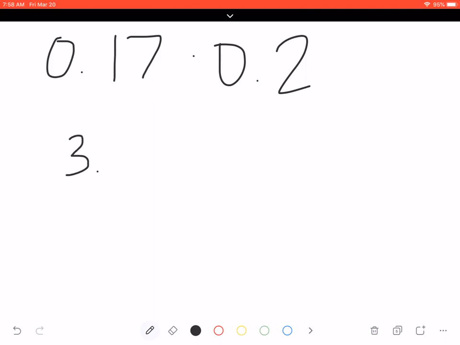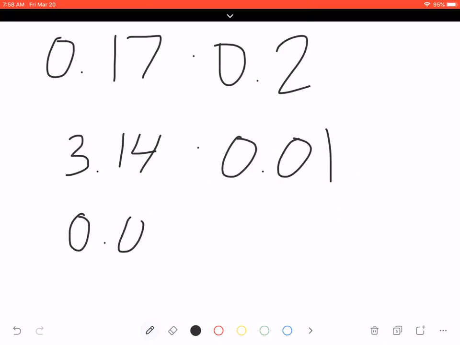We'll do 3 and 14 hundredths times 1 hundredth. And let's do 9 hundredths times 1 and